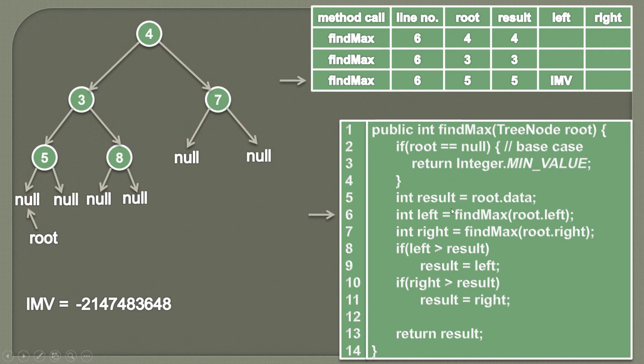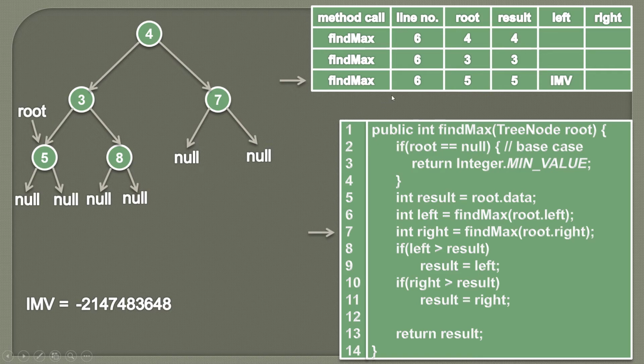And when we were executing this findMax method, here you can see root was pointing to 5. So again root will point to 5, and we will proceed ahead with this method. Here you can see we have this root's value which is 5. We have calculated the maximum value of the left. Now we will calculate the maximum value of the right. So we'll again call the findMax method, but this time we'll pass the root's right value.